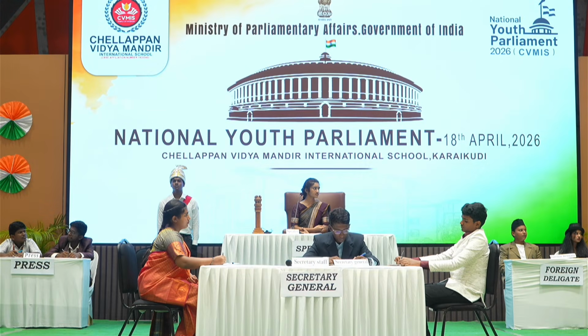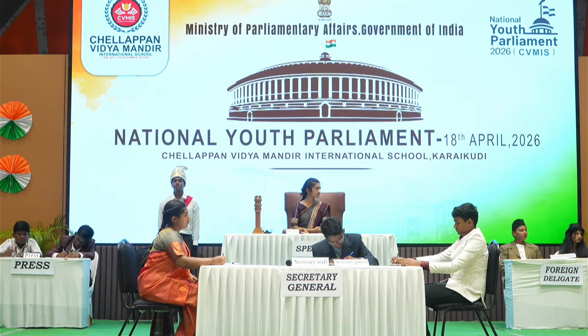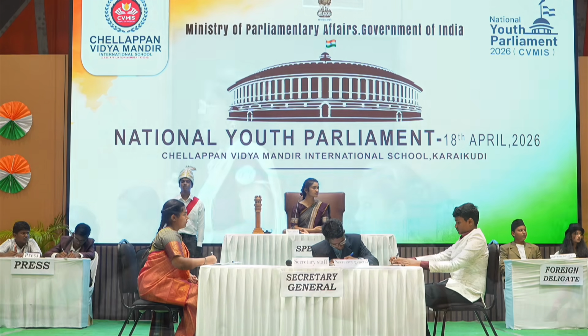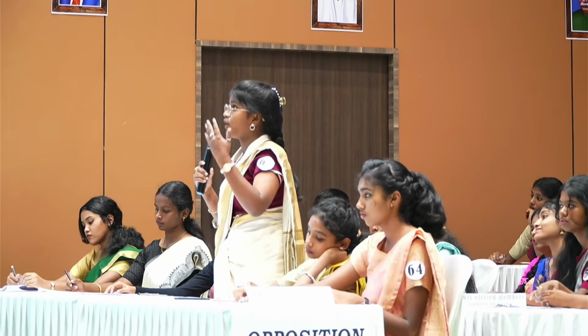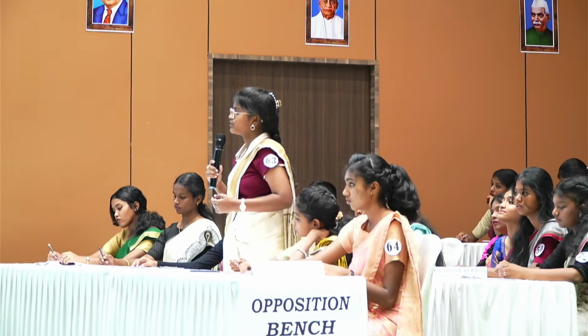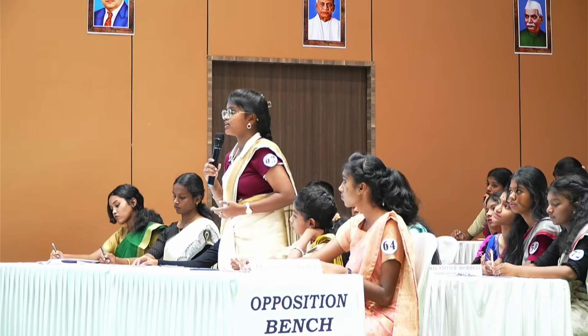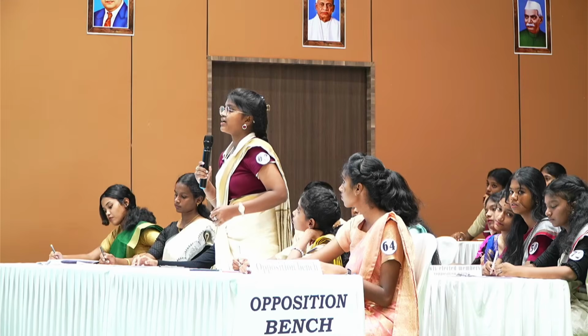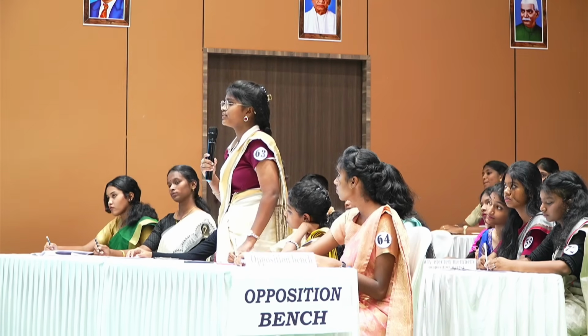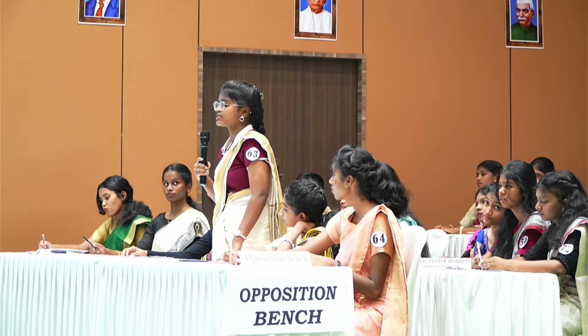Honorable Madam, it takes 4 months for wheat crops to be ready. After 4 months of hard work, a farmer receives approximately 20 to 25,000 rupees, which comes to about 5 to 6,000 rupees per month. Nowadays, even the weather is not favorable for the crops, which makes the farmer's life painful and difficult. Although there is a system of minimum support price, farmers still remain in distress due to storage problems